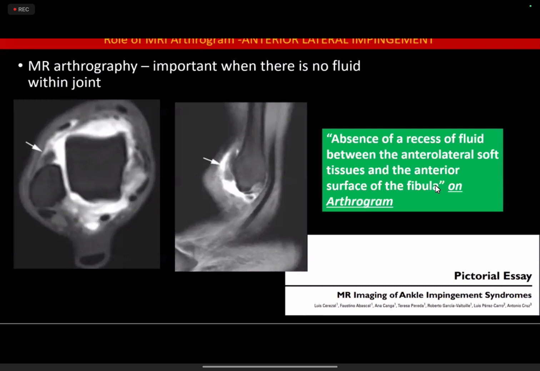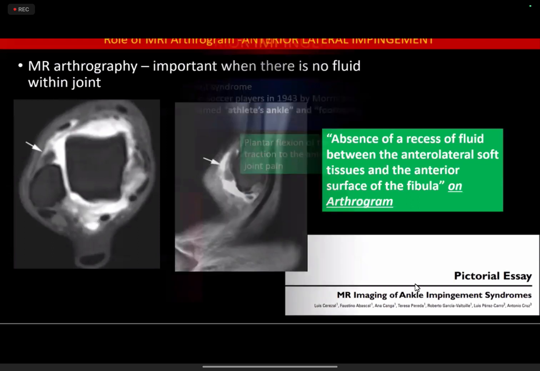So according to the literature, after injecting an ankle with contrast, if there is absence of fluid in the anterior lateral recess, between the anterior lateral soft tissue and the anterior surface of the fibula, it is indicative of anterior lateral impingement. It secondarily indicates that there are adhesions of the capsule and scar tissue which is preventing fluid from entering the normal recess between the fibula and the joint capsule. Although I have less experience of doing arthrograms in such cases, this is the reference that I have used